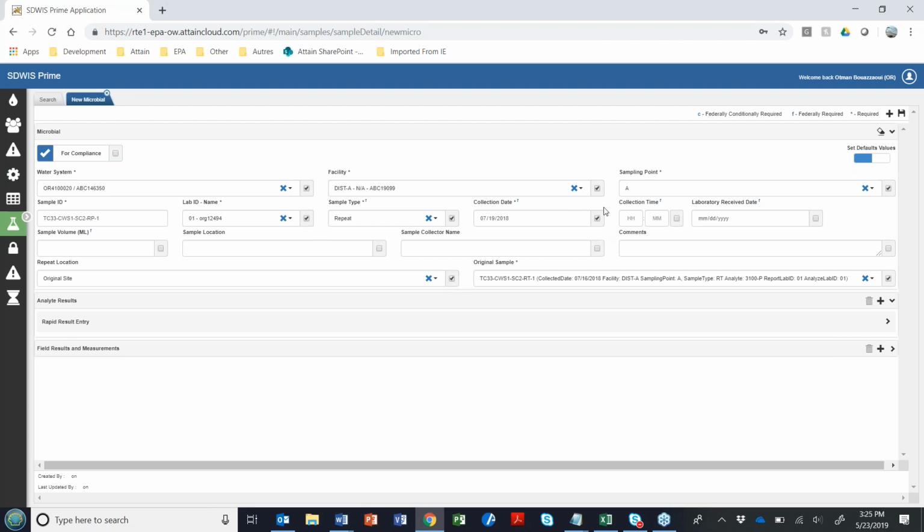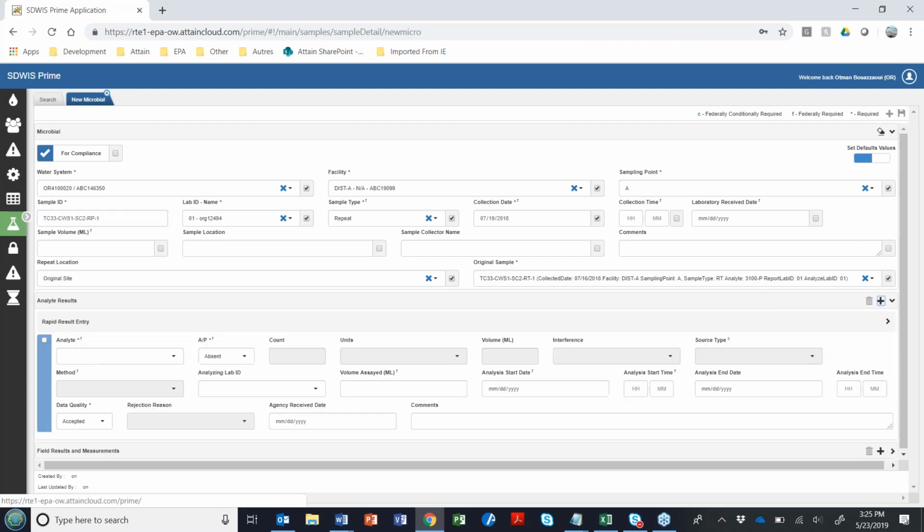So I want to carry over the water system, the facility, the lab, the type of sample I'm collecting. They were all collected on the same date. So let's check all of them, copy that. Just copy the sample ID because I usually use the same. It's just that I add a number just to differentiate between the samples.